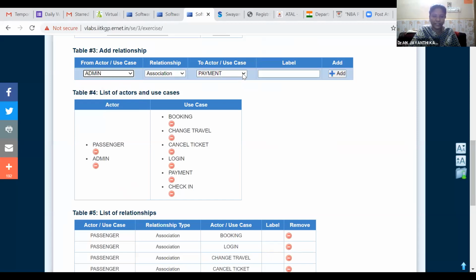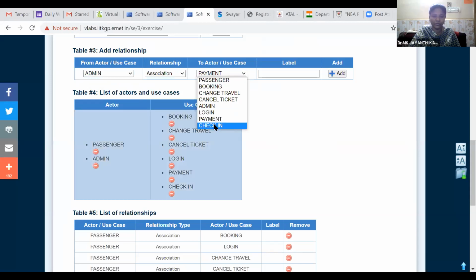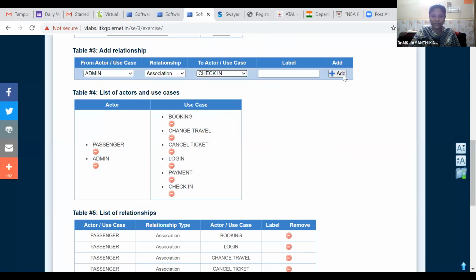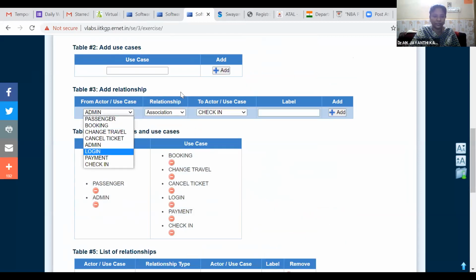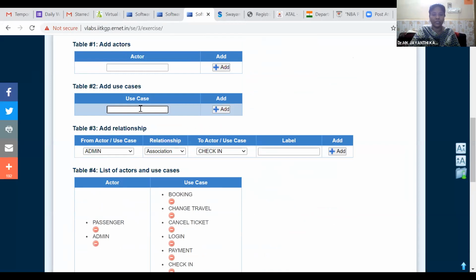Admin is associated with approval of the check-in process. The same way, we'll add one more function called approve or confirm ticket.